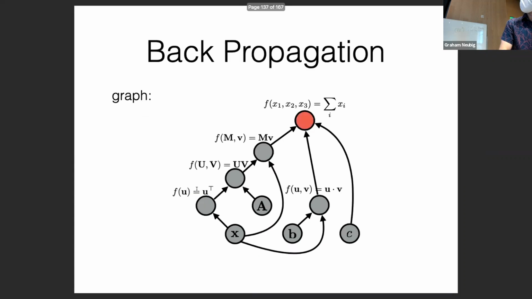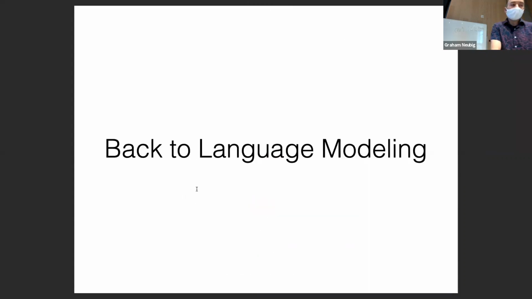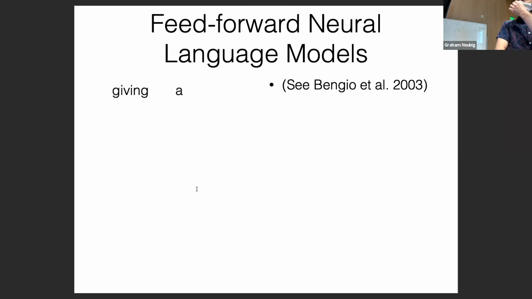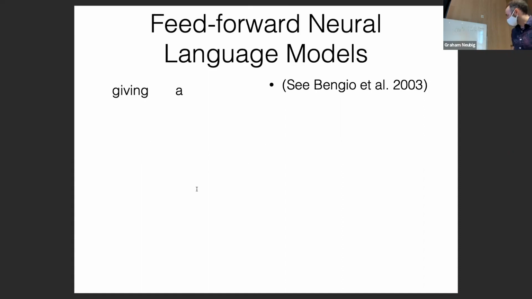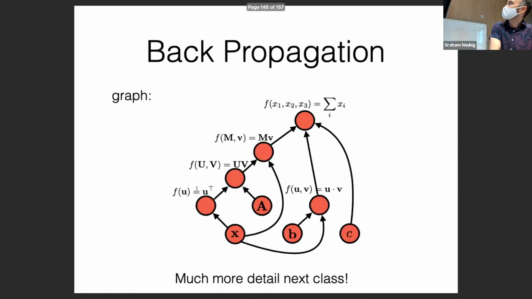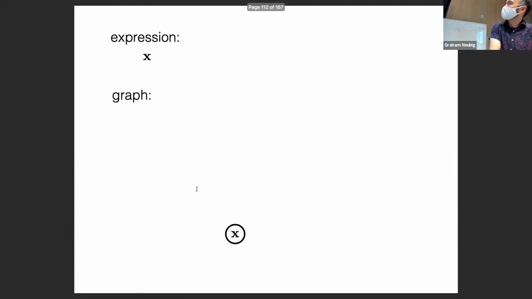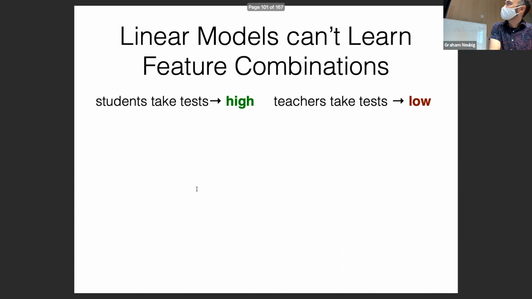So that's the basics of neural networks. Now going back to language modeling, how does this apply here? There's a lot of different ways to do language models. The important thing, I'm sorry, I actually forgot to add a slide about this, but the important thing is if we go back to the example that I had before,